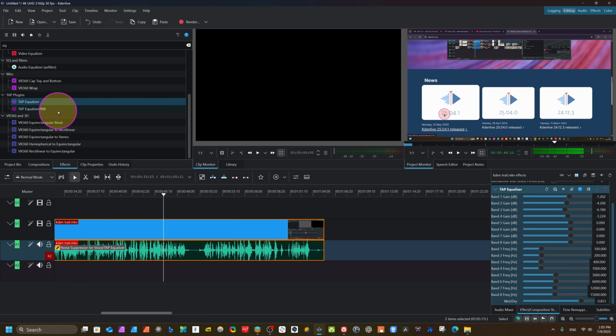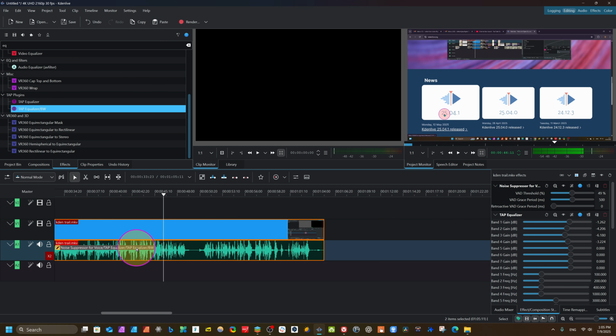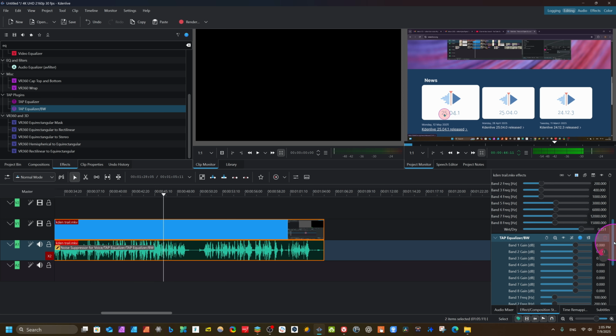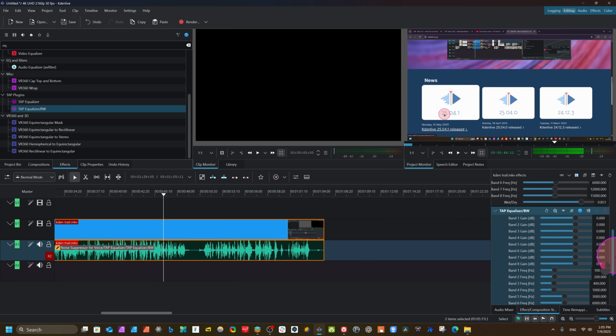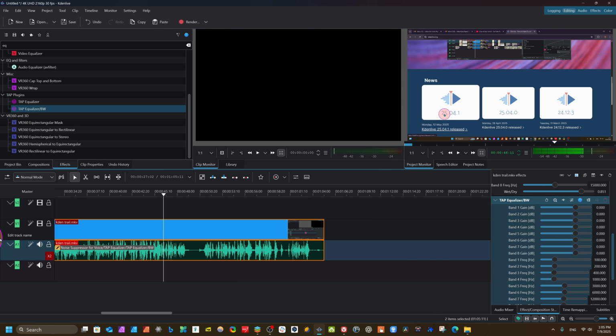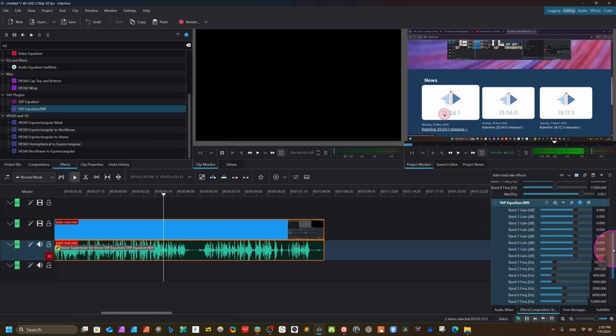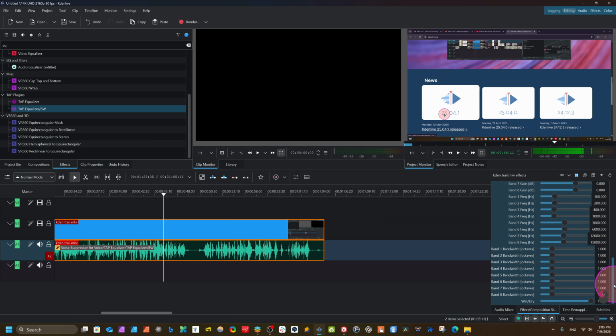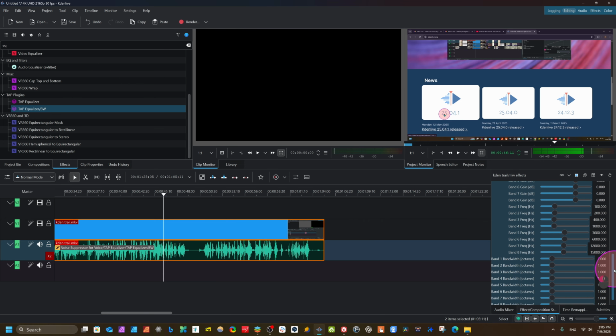So next is, here you can see Tap Equalizer, Tap Equalizer BW. If you have a normal PC, you can just use this. Just drag this to our track here, click here, and now we come to the settings. These are actually the advanced settings of the tape equalizer, and it's also good, very impressive. I didn't find such an effect in any video editing software. I have experience of editing in Premiere Pro, DaVinci Resolve, and other video editing software, but in Kdenlive it really works, and you will not get such an effect even in proprietary software. It's very impressive.